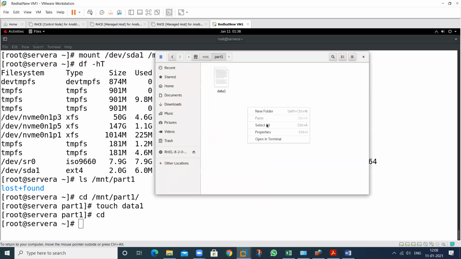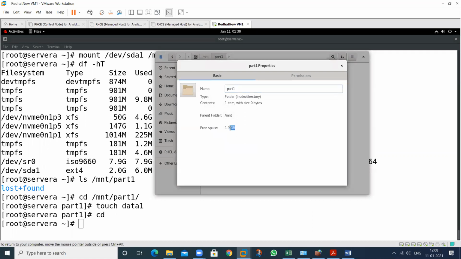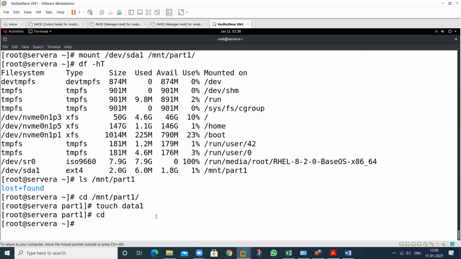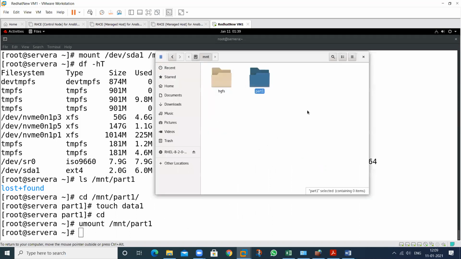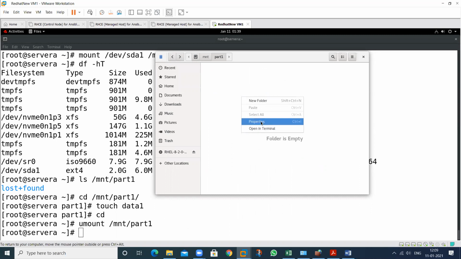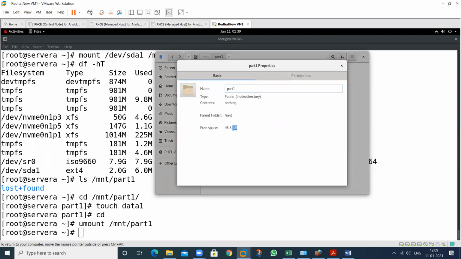So at this time, how much space do we have? 1.9. If I unmount this, and then you mount it again, see the result again. How much space do we have?